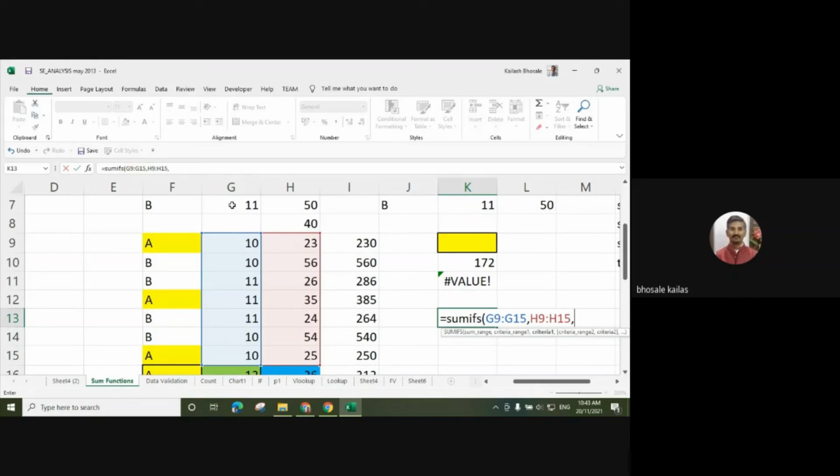What is your criteria? I want to make the addition of all these numbers which are in the 11. And what is the criteria range? Suppose that is optional.